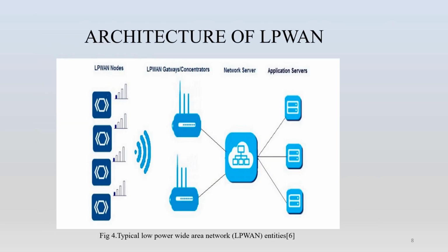And coming to the architecture of LPWAN, this is a figure of the architecture of LPWAN. So coming to the explanation, end devices, which can also be called IoT devices, are sensors, devices or objects that gather data and transmit it to LPWAN networks. These gadgets frequently have minimal power. LPWAN devices' primary job is to gather data and react to inputs from LPWAN.